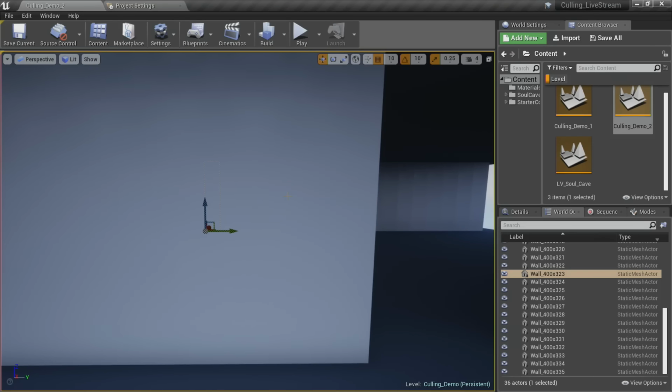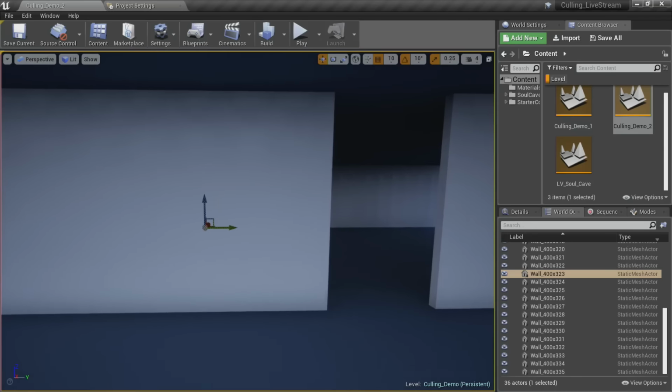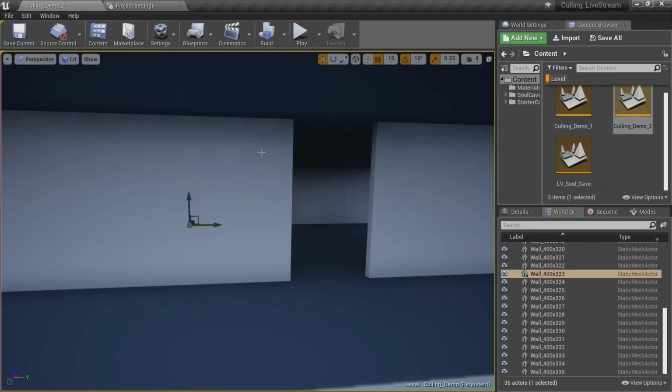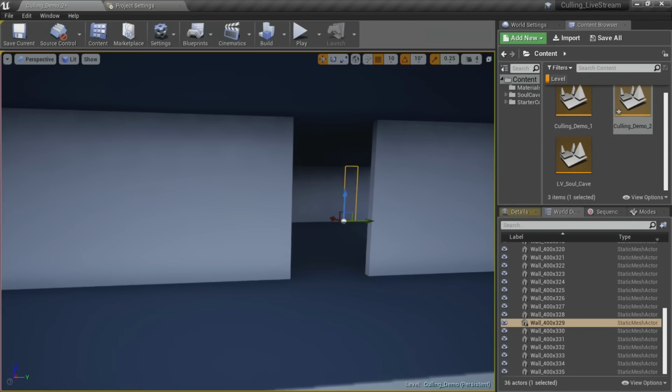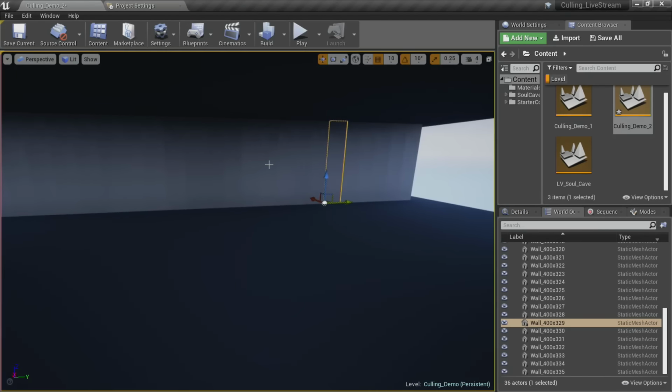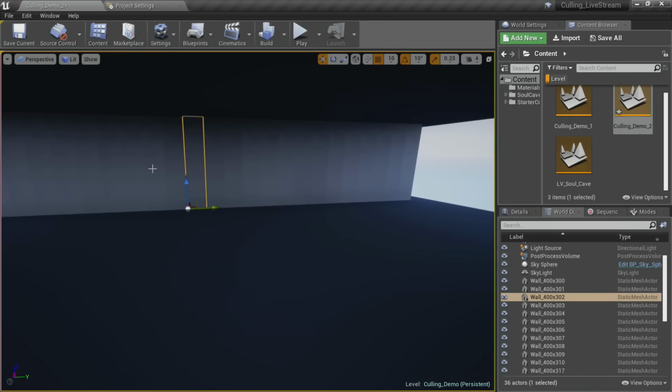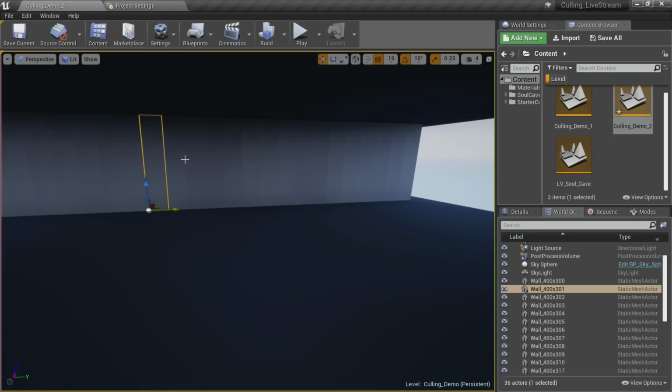So one of the ways that you can resolve this, and we have another occlusion method which I'll go into in a second, but I want to stress the way you develop your scene first. For instance, I probably wouldn't develop my scene to have a bunch of walls like this unless it was absolutely necessary. It's absurd to have this many small pieces put together to make up a single wall. If one object would make more sense, because you're reducing the draw calls, the number of objects that you have to test, and all these other things in the scene, that can be resolved by just having a single mesh or a couple of meshes rather than these 60 of them that I've got lined up here.